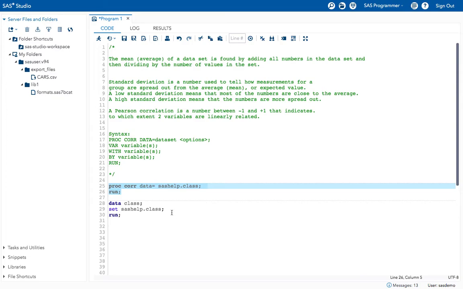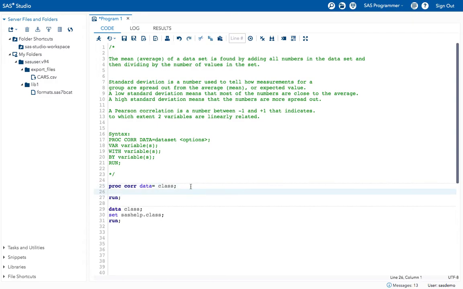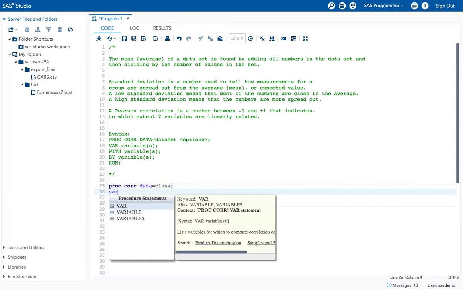See, for the specific variables, I want to get this. See, now I am taking proc corr data equal to class, and I am giving here the var statement. The var statement specifies all the variables that I want to compute pairwise correlation for. Okay, you can list as many variables as you want, with each variable separated by a space.